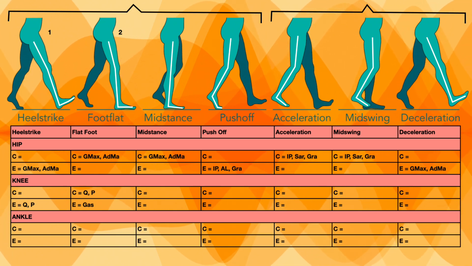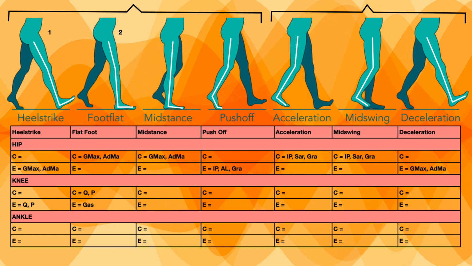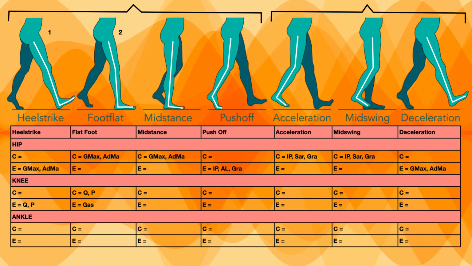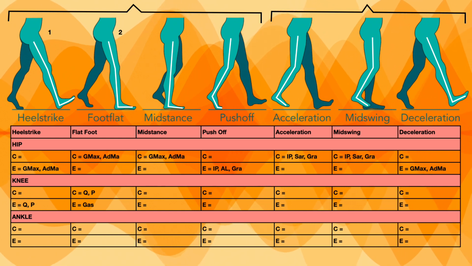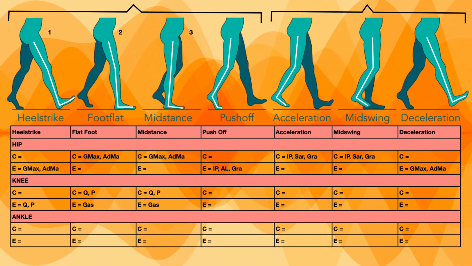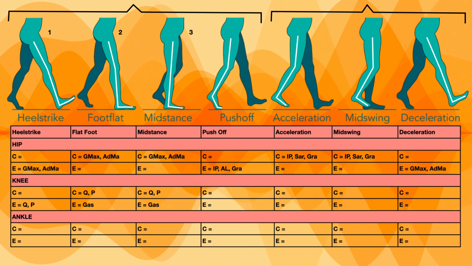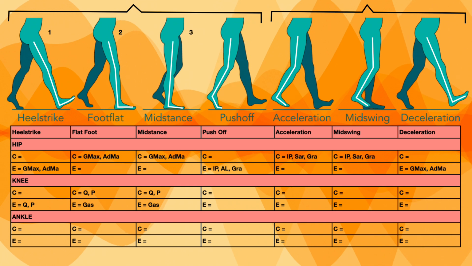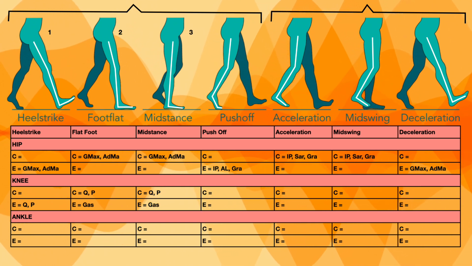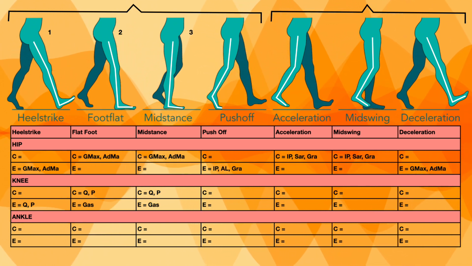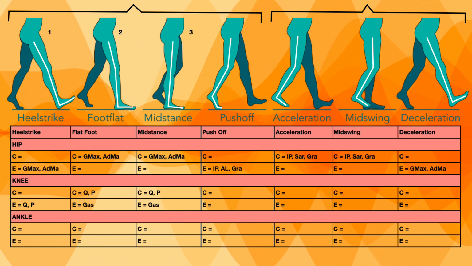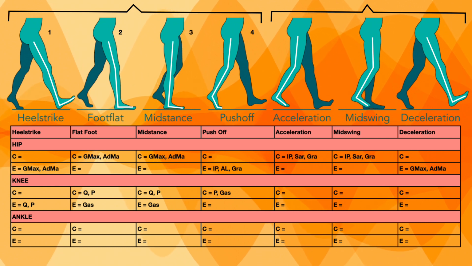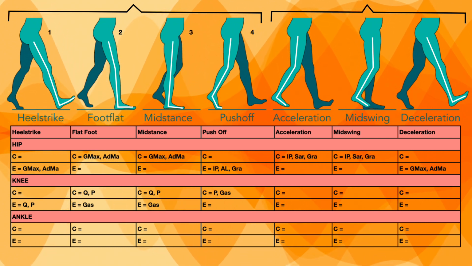So to control the excessive extension, the gastroc muscle will have eccentric contraction. Now going to the mid stance phase from the flat foot phase, again we will move with the momentum, and the same activity will happen, with concentric contraction of the quadriceps and the popliteus muscle. And in the heel off and toe off phases, there is a slight flexion at the knee, and this flexion is not caused by hamstring muscles, this is caused by the gastroc muscle. So there is a concentric contraction of the gastroc and the popliteus muscle.